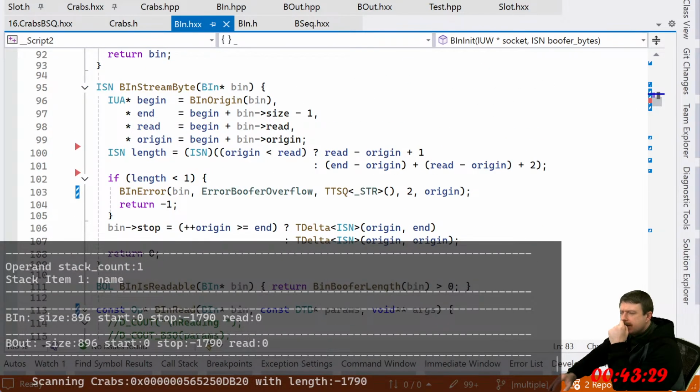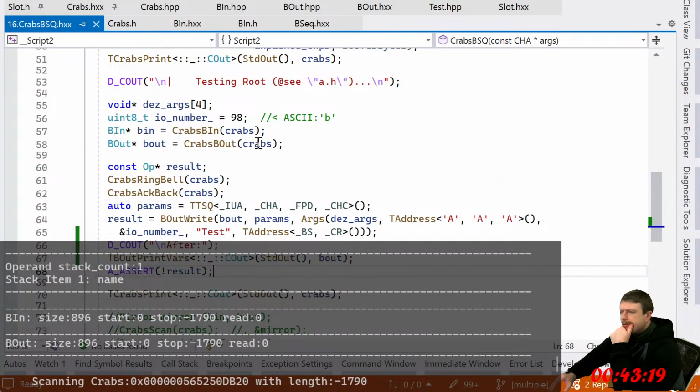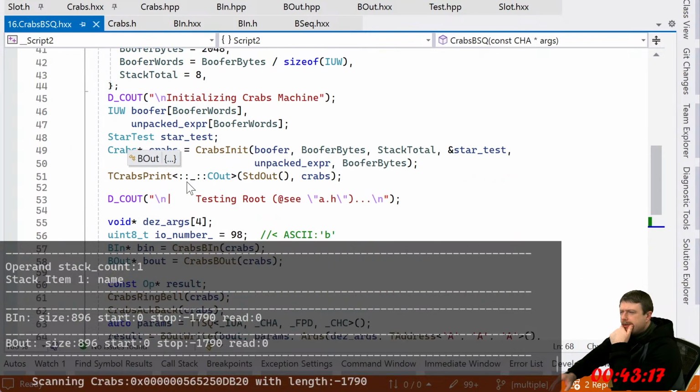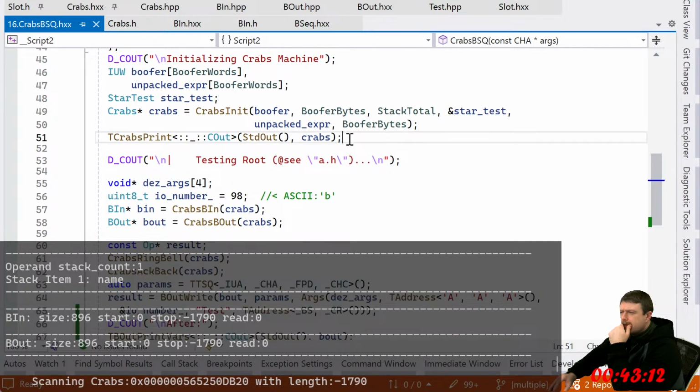Why is this stop as negative 1790? Kind of hurts my brain to think about that. So where the hell did I print this again? After, like right here, right?